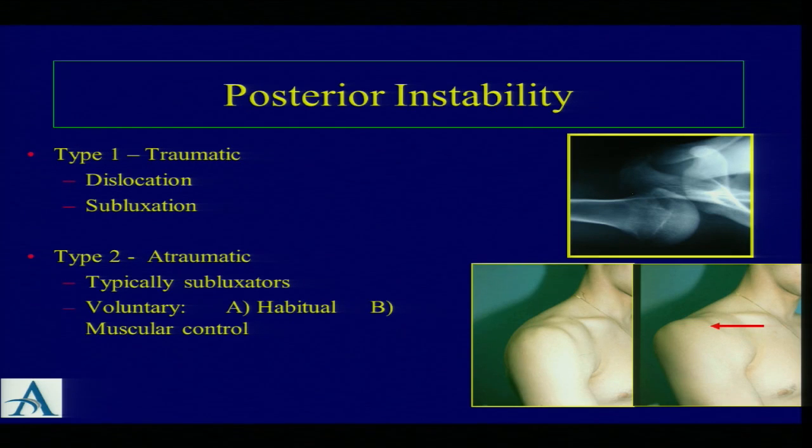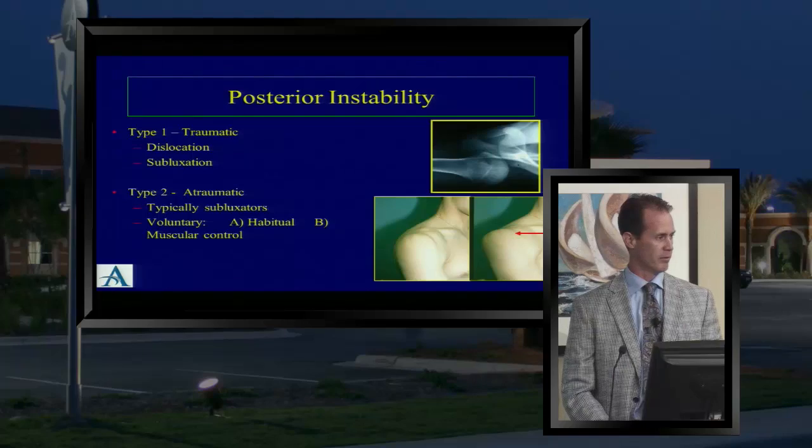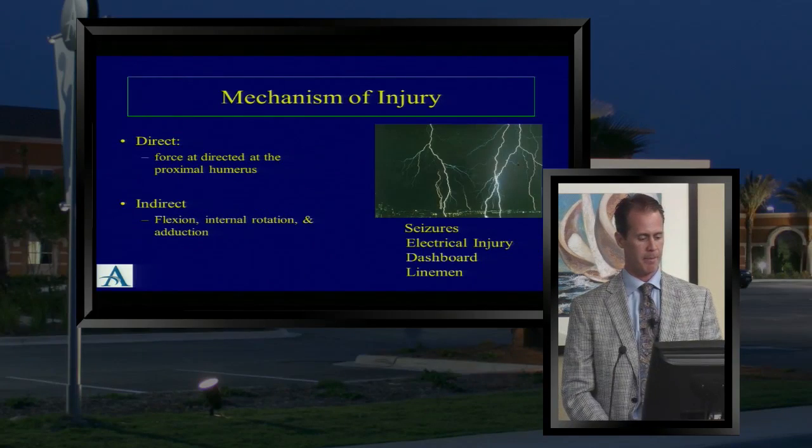Which is different than someone who all day long is just popping their shoulder out the back, because that person is going to end up with a rounded posterior glenoid, and that glenoid bone loss is going to be a much harder problem to attack. So the mechanisms of injury, direct and indirect,